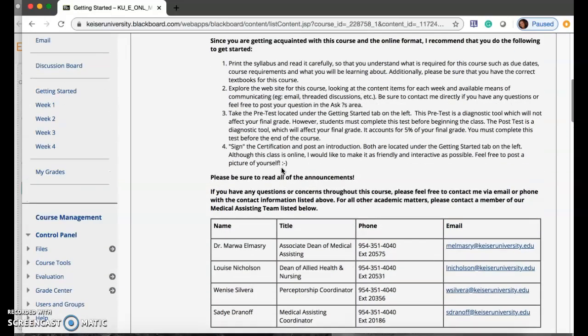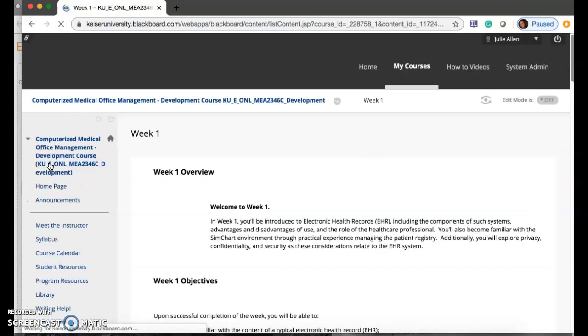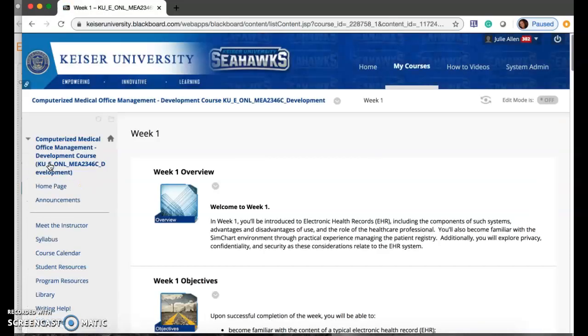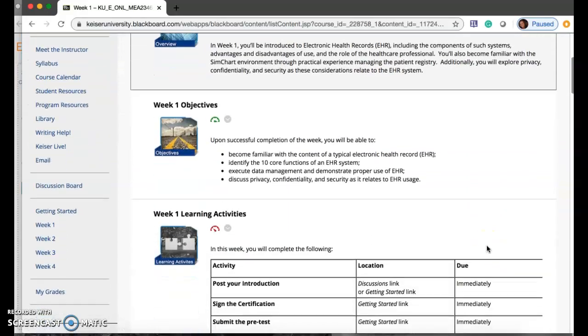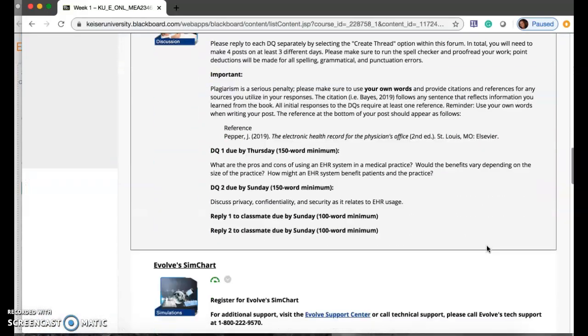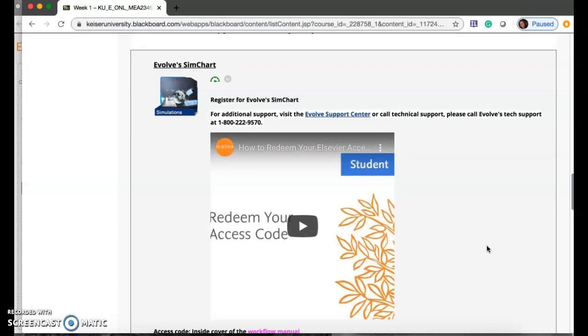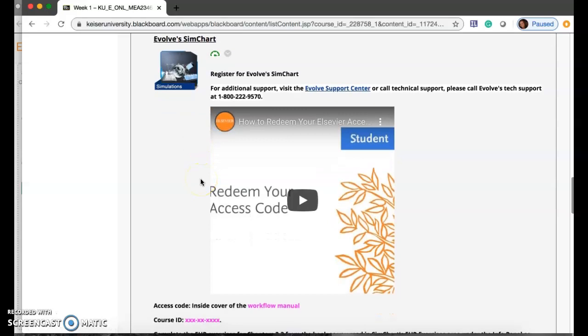Now we'll navigate to our week 1 link to review the registration information and getting started info for SimChart. So we'll scroll past the other materials for now. And you can access the SimChart environment by clicking on this link. You can see that you have resources here on how to register, including a video tutorial, a link to the support center, as well as a 1-800 number that you can call if you need someone to walk you through